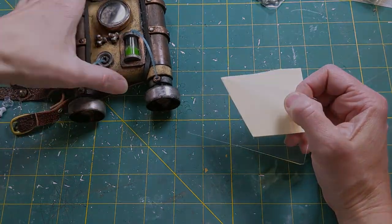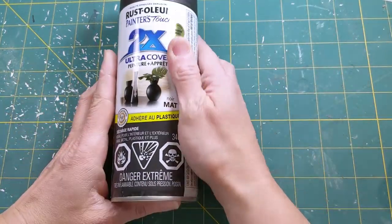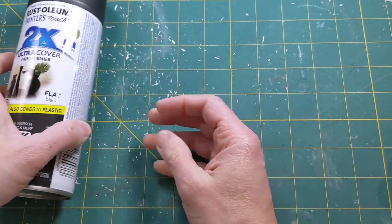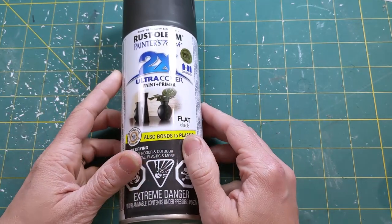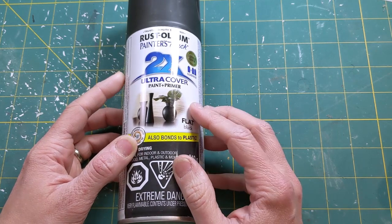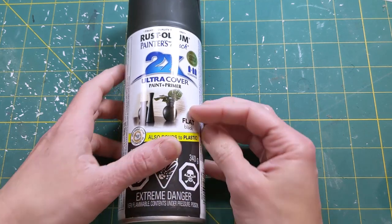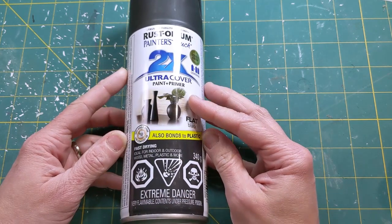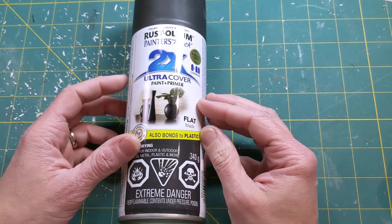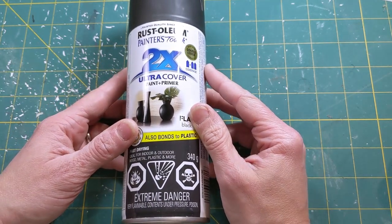for this little doodad. So in terms of paint and things, I'm going to be using this Rust-Oleum Painter's Touch that works on plastic to paint all of my plastic bits. It's a flat black. I highly recommend getting some paint that sticks to plastic. If you can't find any, you could coat your plastic bits with gesso and then use regular acrylics on top, but it's warm enough here for me to spray paint these items, so that's what I'm